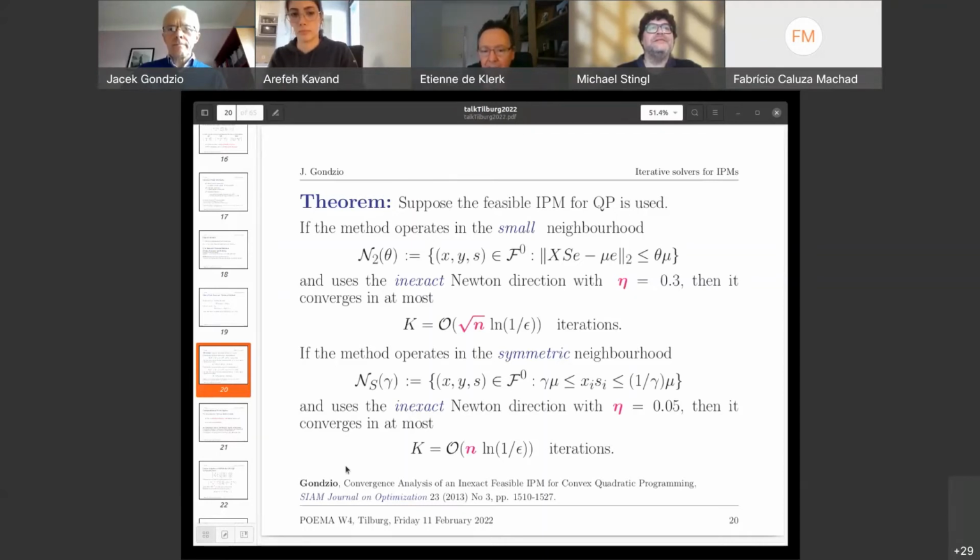So are you aware of more general results for using inexact Newton methods in interior point methods for more general problems? I'm not aware if people tried it for conic problems. It would really surprise me if, for whatever reasons, it did not work as well as it does for